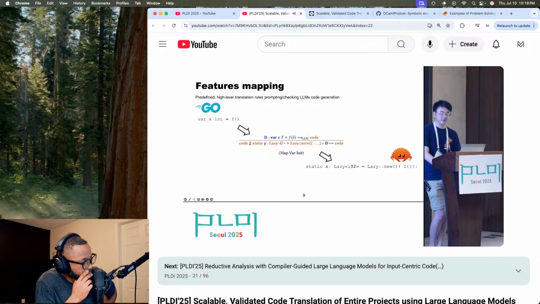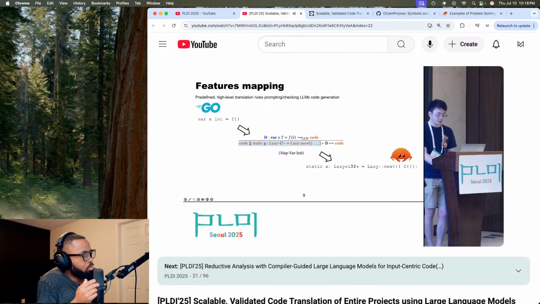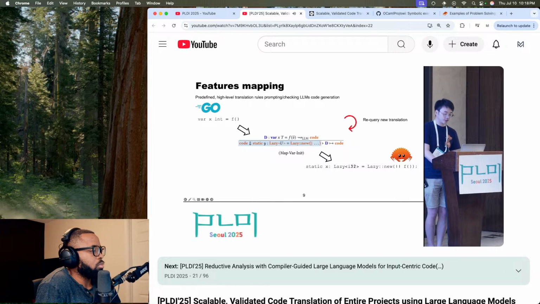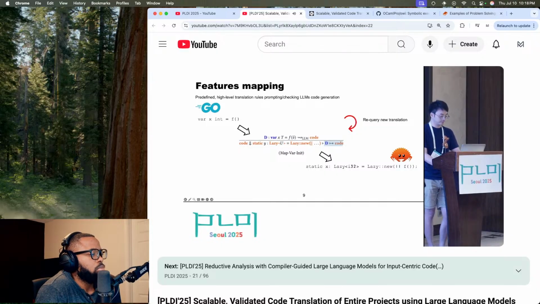While doing so, there's no guarantee that the LM will actually generate the code we want, or even any code that makes any sense. We therefore apply static checks on the generated code to enforce the rule that the code is indeed a static variable initialized by the lazy construct. Note that we don't impose any additional constraints, and the LMs are even free to generate names of the global variables. This is for idiomaticity purposes, as Go uses camel case, whereas Rust prefers snake case. Now, if the check fails, we give up the current translation and regenerate another one. Once we obtain a code fragment that satisfies the desired pattern, we perform post-processing, which is not necessary for this single case.